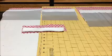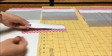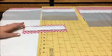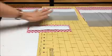This is the tutorial for the Easy Peasy lunch bag. There's a lot of materials that go with this project. You're going to start out with a 1.5 by 8 inch piece of Insulbrite, and then a 3 by 9 inch piece of your regular main fabric. You'll have two sets of fabric that include a